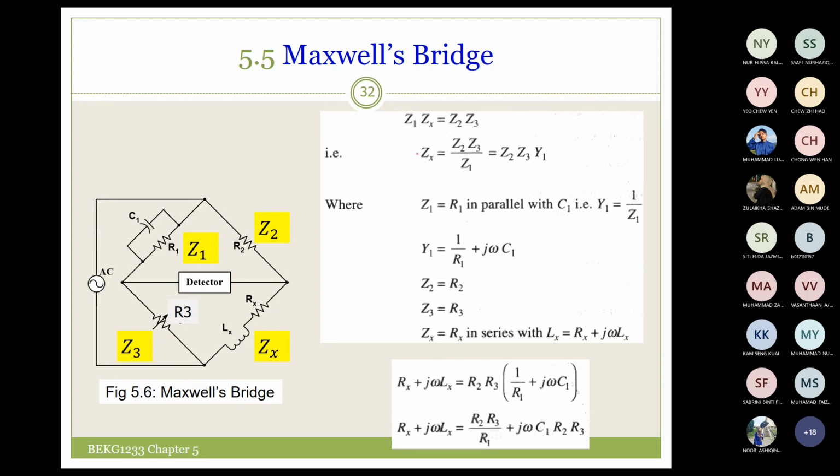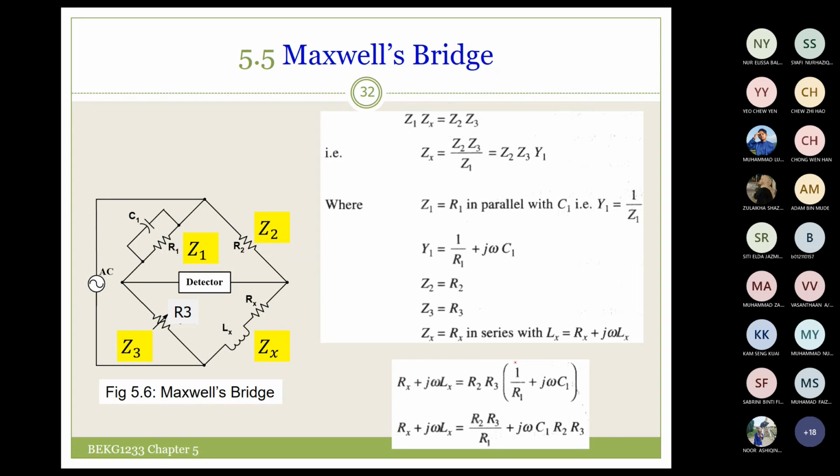So when you put all this in, Rx plus j omega Lx equals R2 R3, where Z2 and Z3 are multiplied, times 1 over R1 plus j omega C1. After you get this, you can